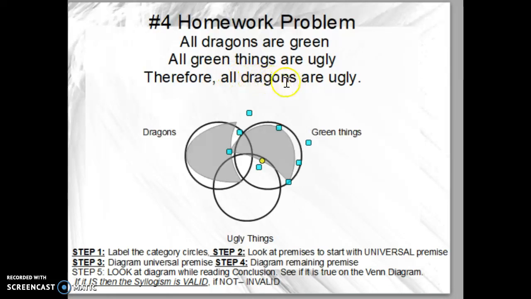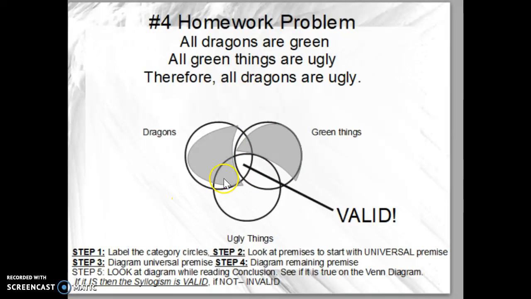Always start with your first one. All dragons. So this is all shaded out. So the only dragons we have are right here in the middle. All dragons are ugly. Are all the dragons in the ugly circle? Yeah, they are. So if every dragon is fitting in here, every single one in here is also in the ugly circle. So we would say that yes, it's valid that all dragons are ugly based on this